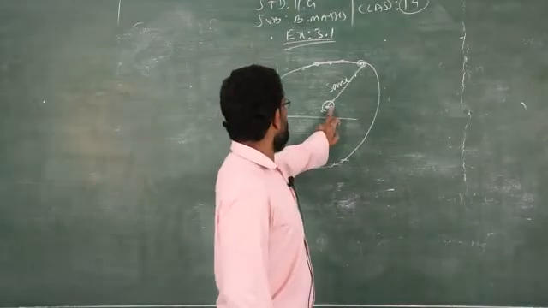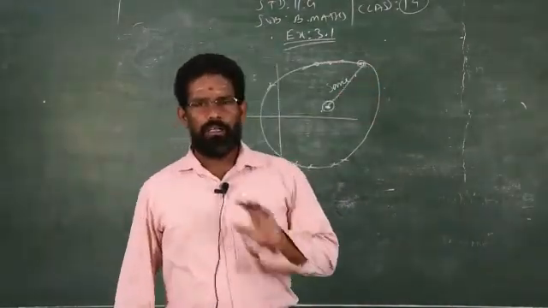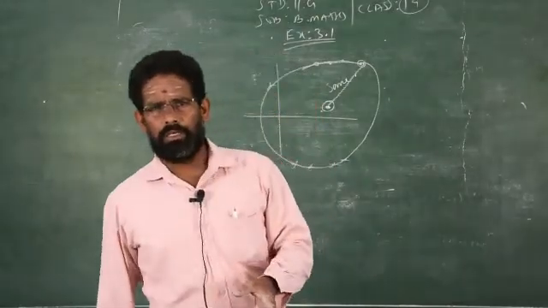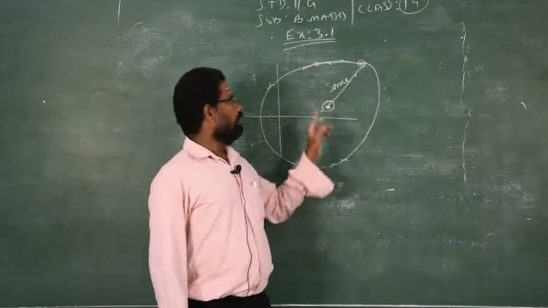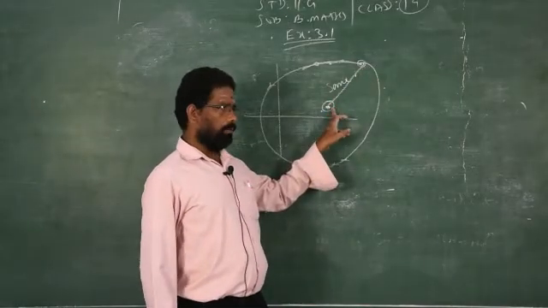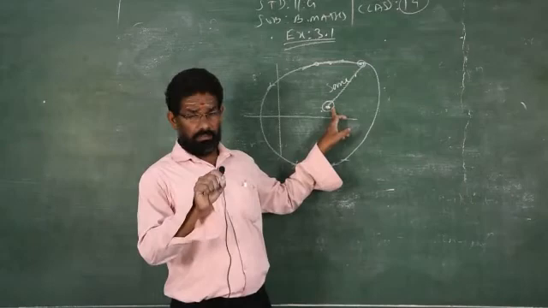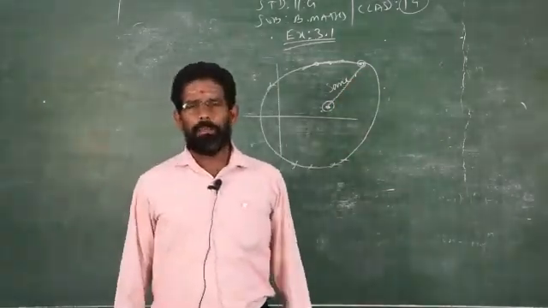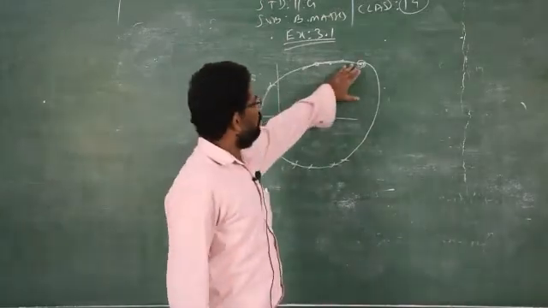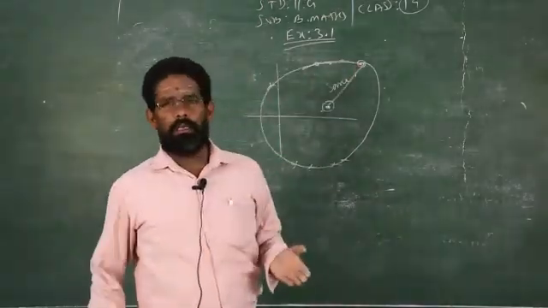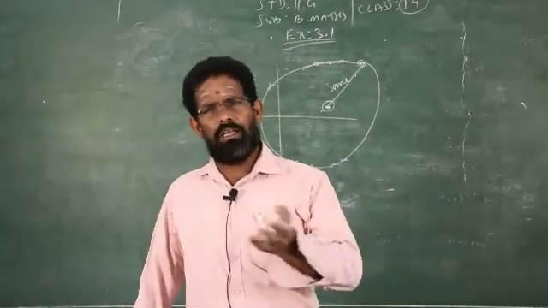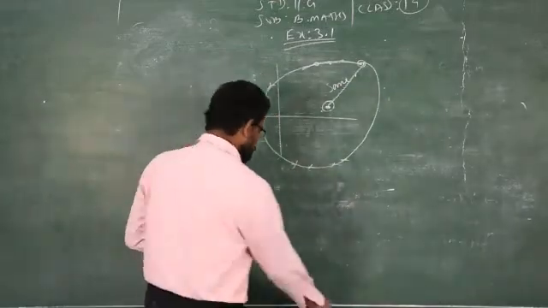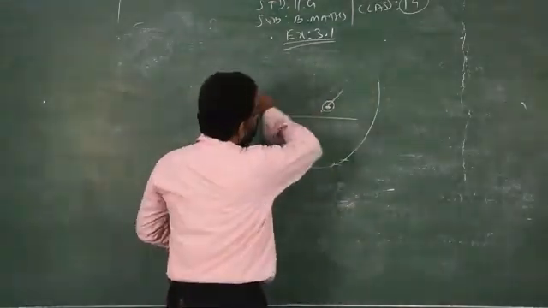When the distance between the fixed point and the moving point is different, that never shows a circle. Locus is nothing but finding out the pathway of the moving point with respect to the fixed point under some conditions. Depending on the condition, the pathway of the moving point may represent a circle or some analytical diagram like a parabola, ellipse or straight line. Clear? So this is the concept of chapter number 3.